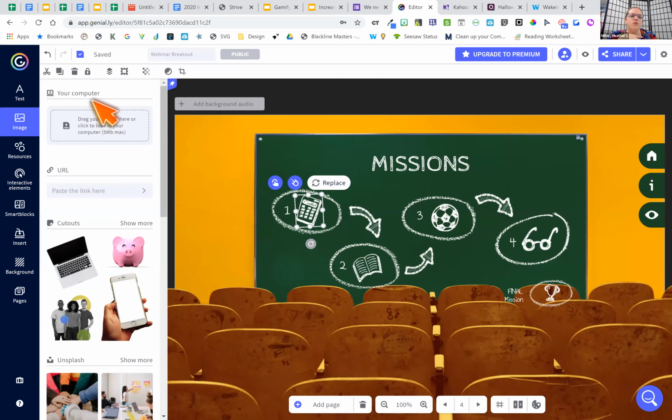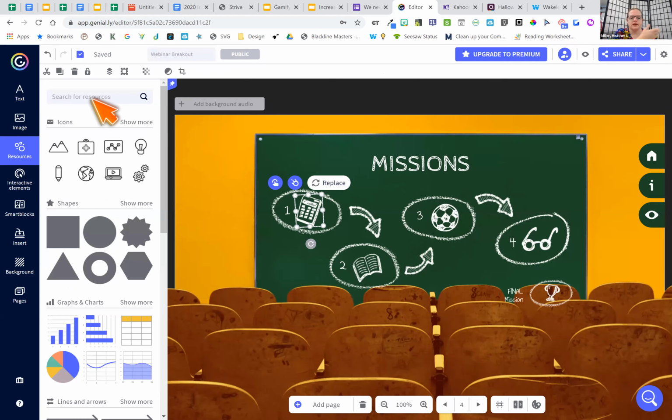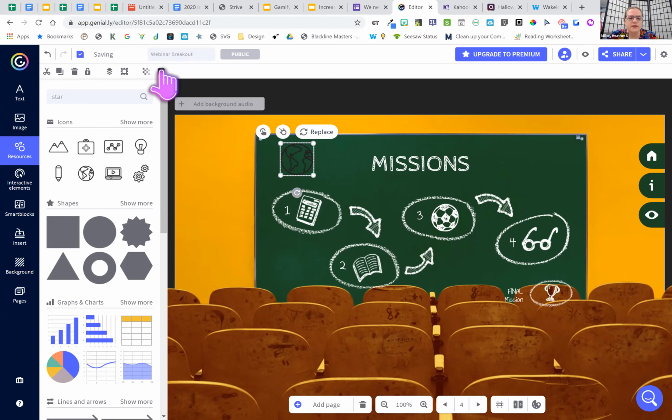So let's say I want a globe instead. I just click on the globe and it adds it in here. Right now it's black and all of these are colored white. So I can click on this black box and just choose white and it changes the color.